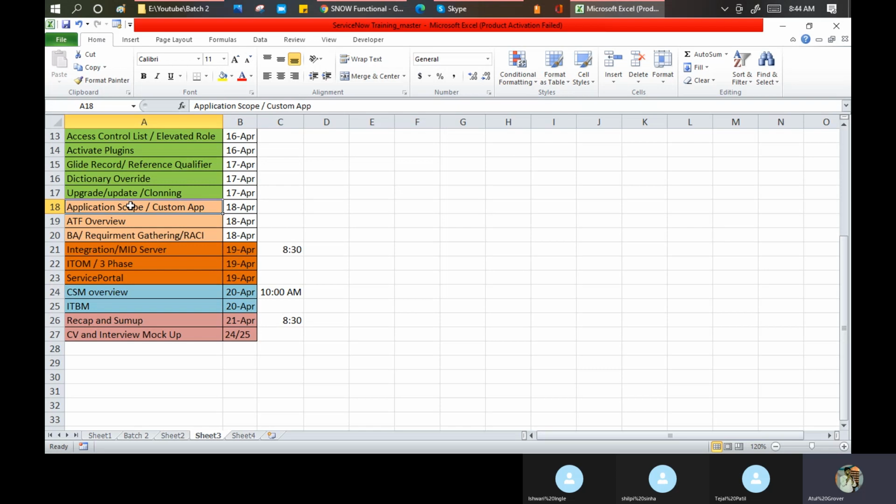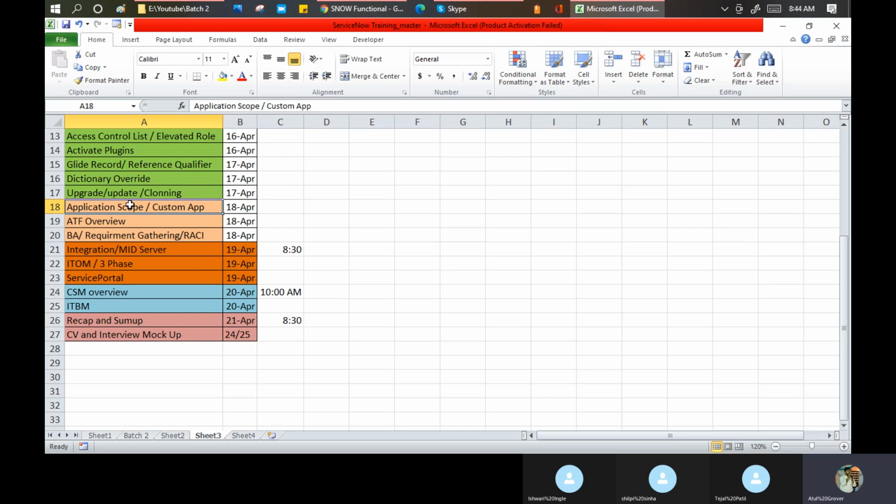But let's take an example. After seeing ServiceNow, you say, Atul sir, I need something else in ServiceNow. I want to create my own application. ServiceNow gives me incident management, change management, problem management, request management, but I want to create an application for my own business. Can I do that in ServiceNow? Definitely yes, you can create your own application as well. And when we say application, I'm talking about the scoped application.